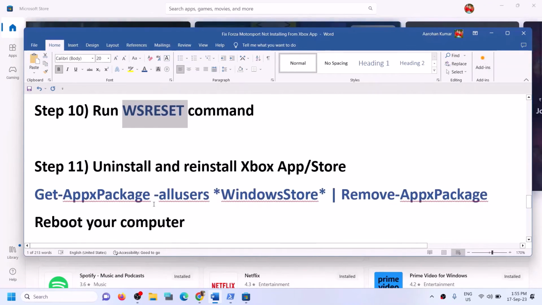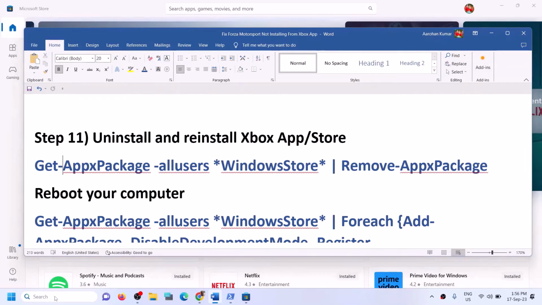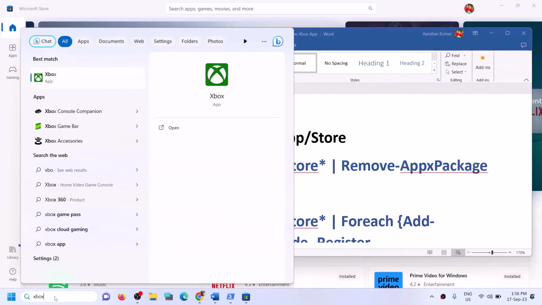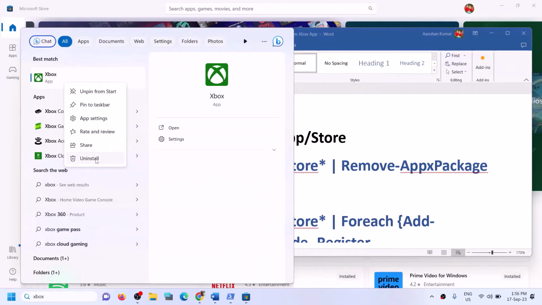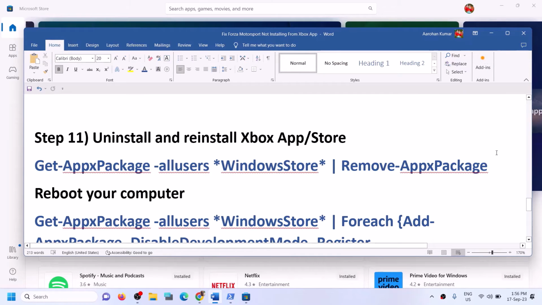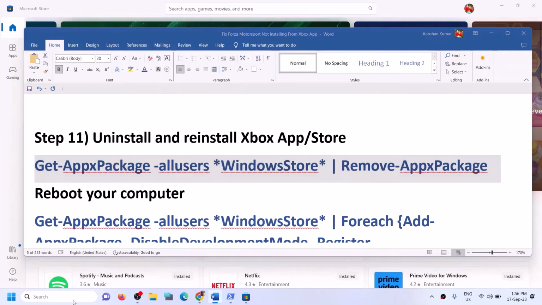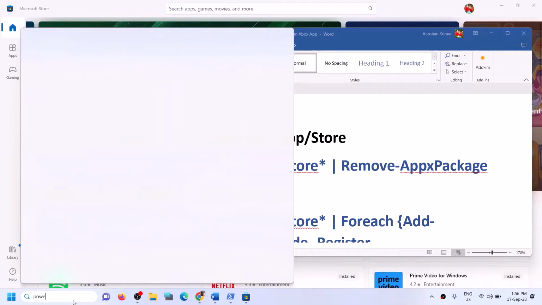Now the next step is to uninstall and reinstall Xbox app and Microsoft Store. Now to uninstall Xbox app, you can type in Xbox app in Windows search box and then make a right click on Xbox app and then click on uninstall. Now once Xbox app is uninstalled, now copy the first command